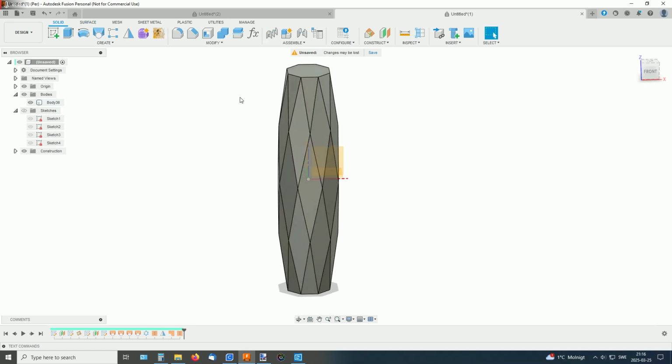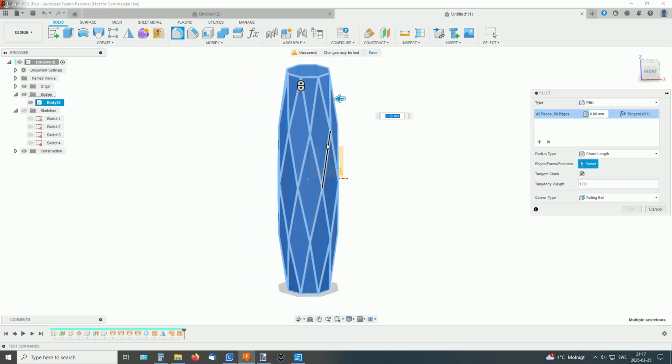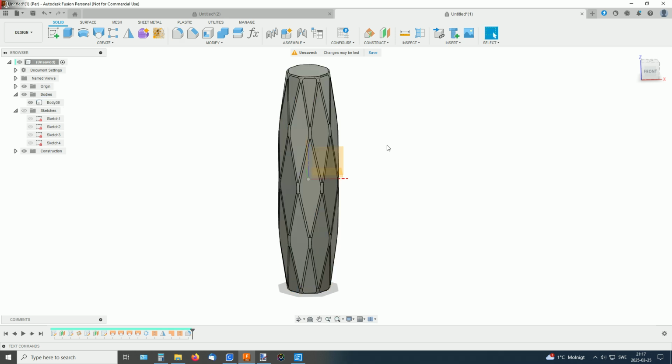And if you want to make a nice render, you can of course set a fillet on all those edges. And I found the chord length looked a little bit better, so maybe 3 millimeters on that. Okay,